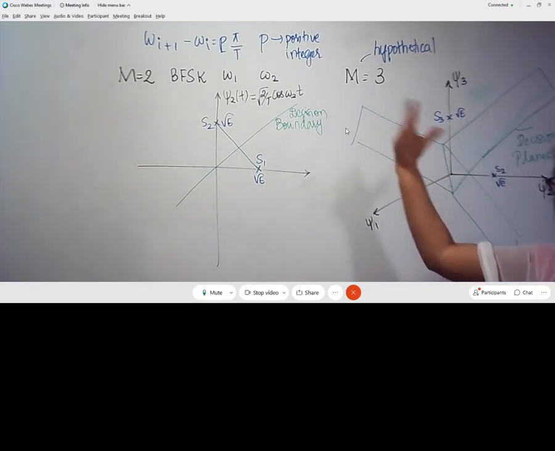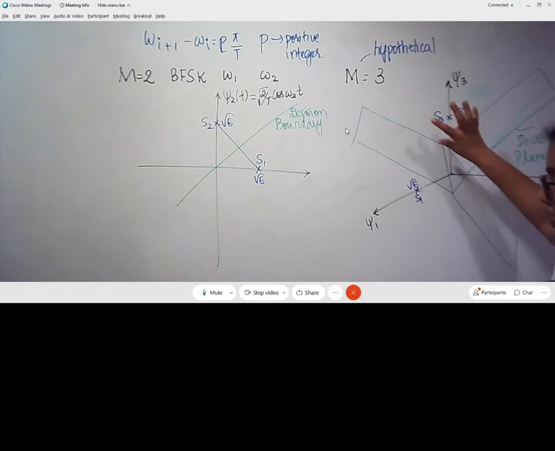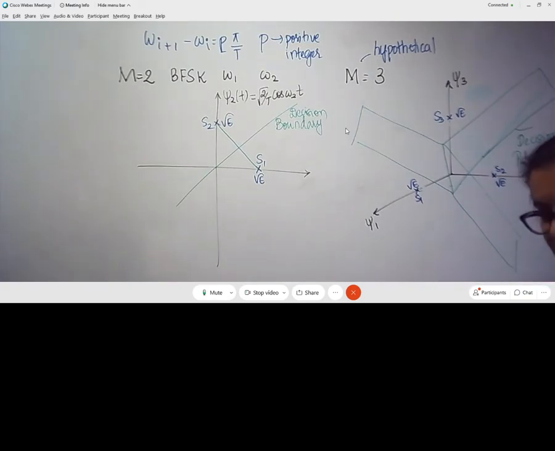If I go with the m is equal to 4 case, I cannot do it. It would be a three-dimensional structure. It will not be a planar structure. Rather, it is going to be a three-dimensional object which is going to separate the symbols differently, which cannot be represented geometrically on a two-dimensional plane. So we are going with only m is equal to 3.